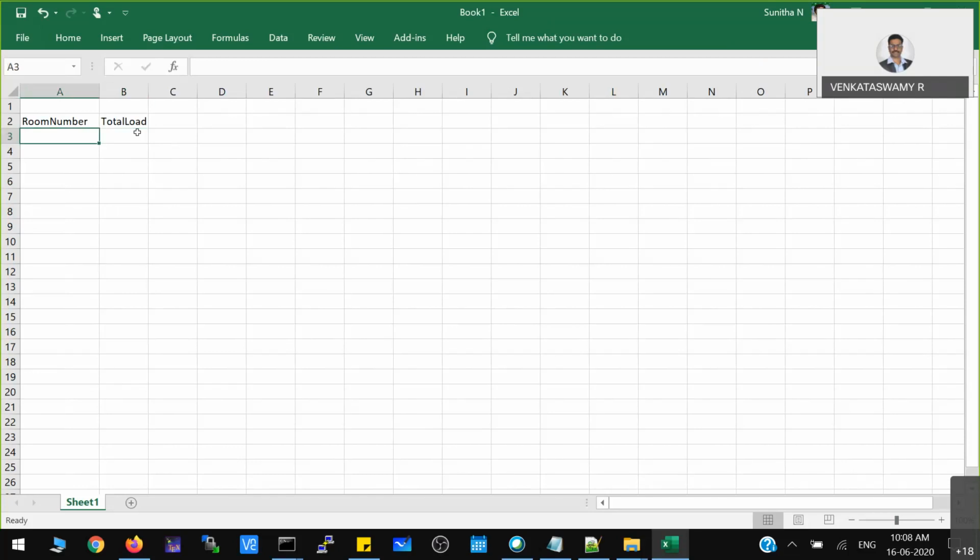Say room number 201, then the installed load is 240 watts. How much you use doesn't matter, I am just creating some kind of inventory. So this is basically installed load.